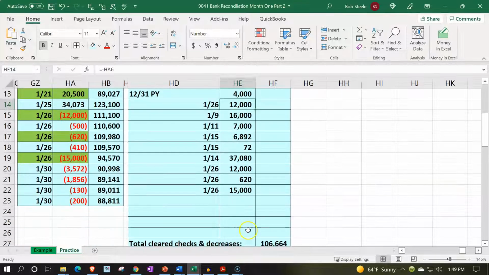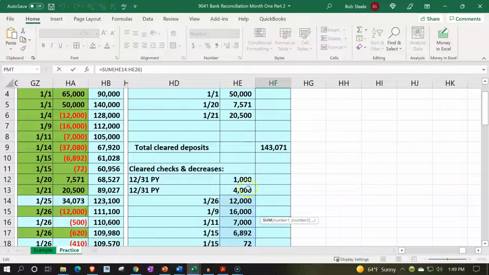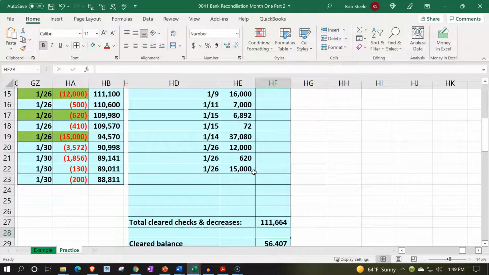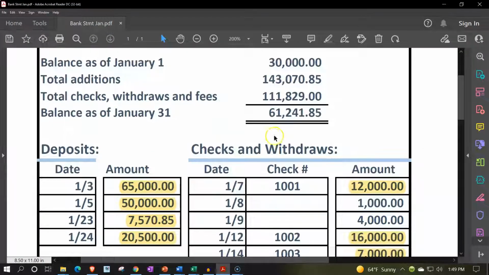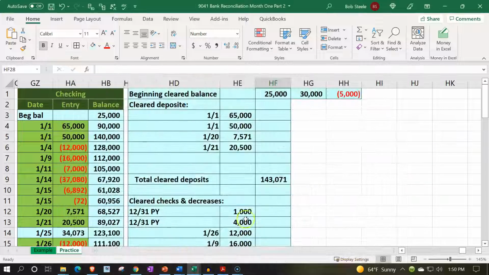And then if I add up my total down below, the total checks and decreases, I'm going to make sure to pick those two up so that we have our decreases, and there we have it. So that looks good. Now if I go back over here, we've got the 30,000 at the start. Now that I've added these decreases here, I can change this to the 30,000. So we're at the same point, right? That's why those two things washed out. I've got the decrease of the 5,000 here, and I was at 25,000. Now I go back, this should be 30,000, the amount that had cleared at the end of the prior period,